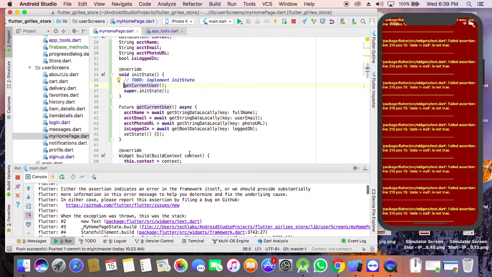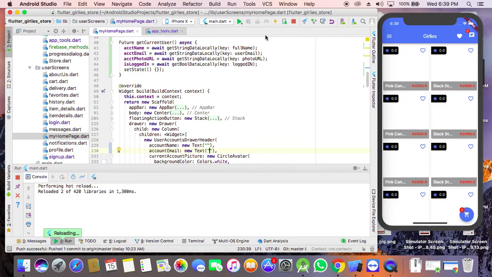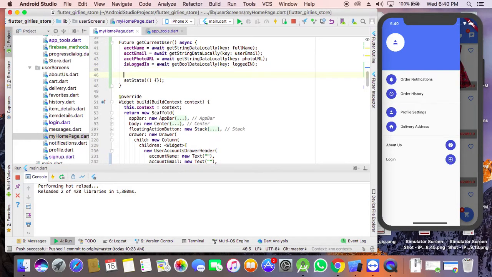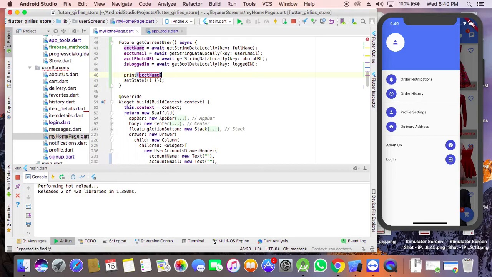So which data is null? I don't know which data is actually null. So I want to check which data is null and giving me this problem. I would want to print out some values like account name, and I want to see whether it's going to give me